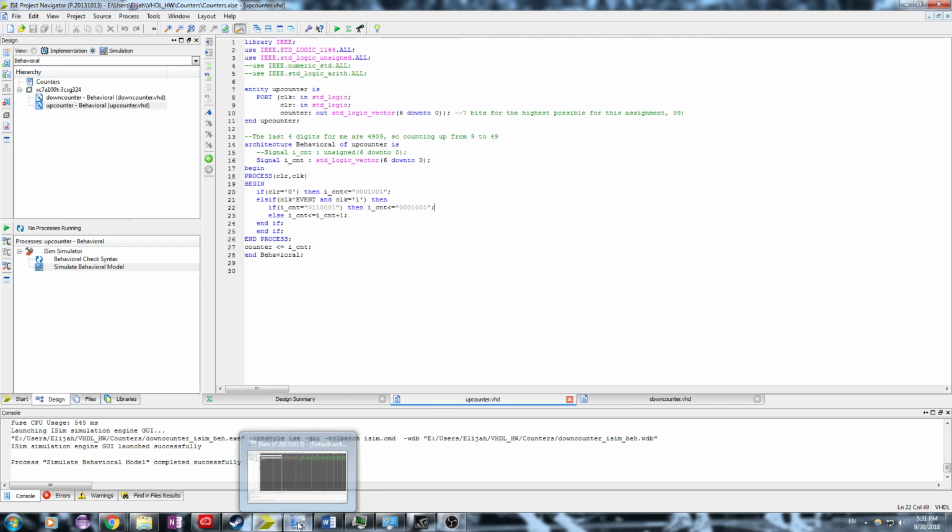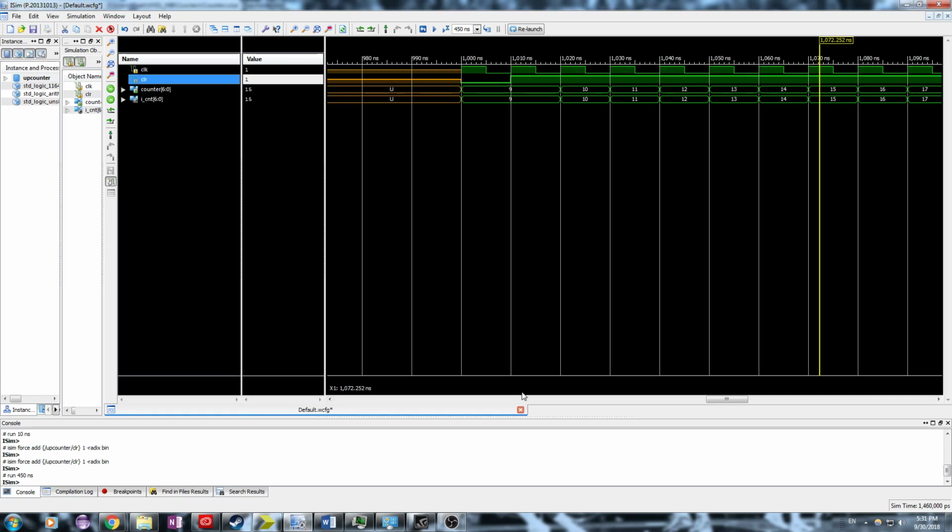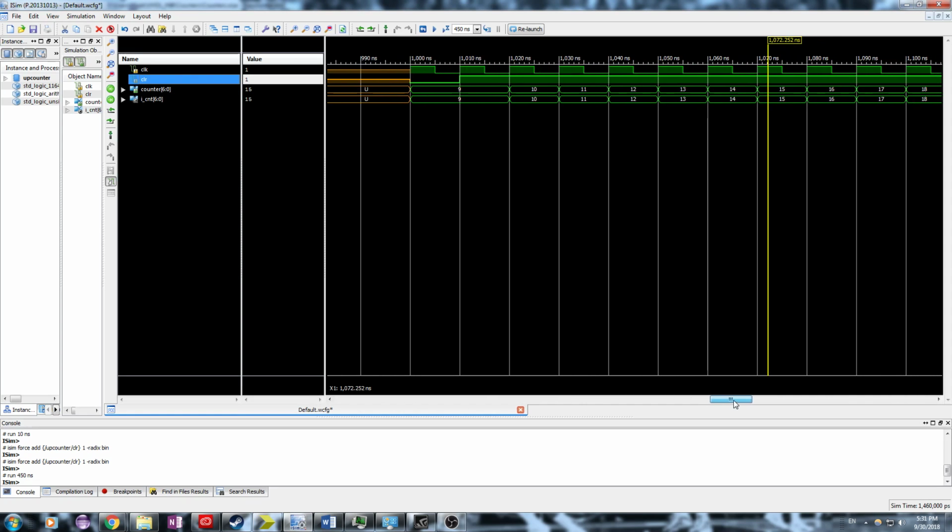So I'm just going to hop over to the simulation. I've already run this beforehand because it was taking too long to open up the simulation window. We start off forcing the clear bit to 0, so that's going to set the counter to 9 as expected in the code. And then at this point, this is when I set the clear bit back to 1, and then I simulated it for